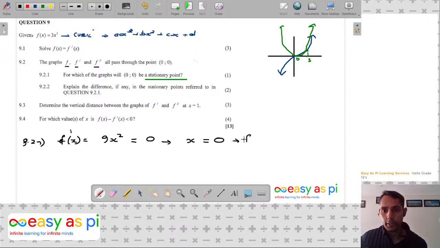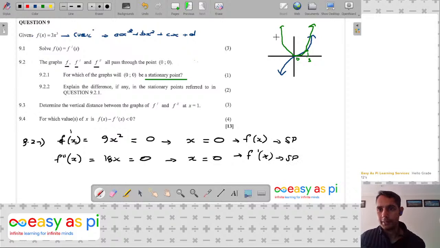So I know f dashed of x definitely has a stationary point. Now if I take the second derivative, that will give me 18x. If I equate that to 0, I then get x is equal to 0. And then I know that f dashed of x has a stationary point there, because that's a turning point